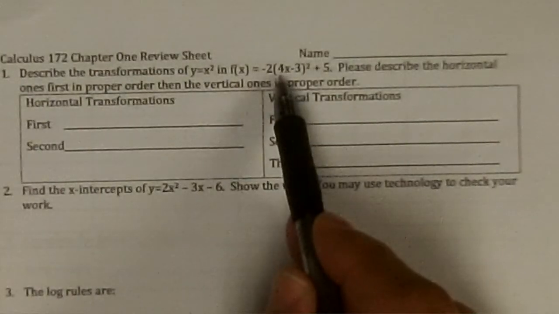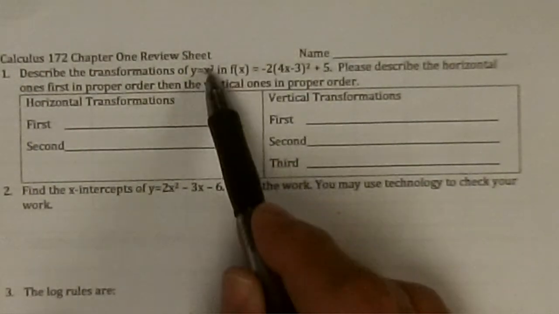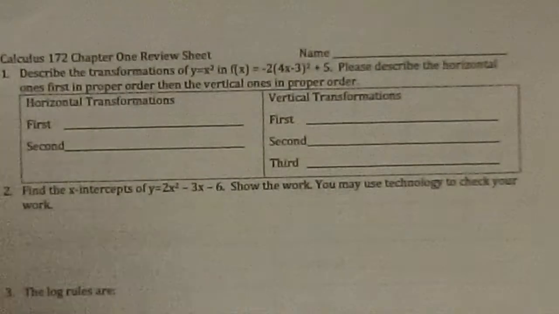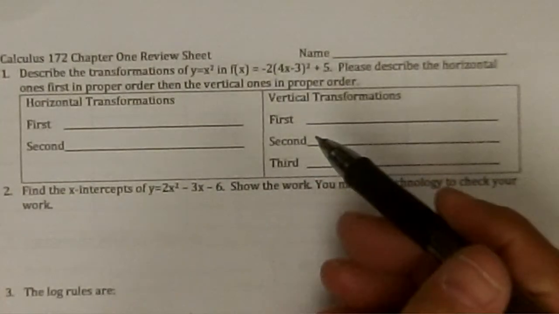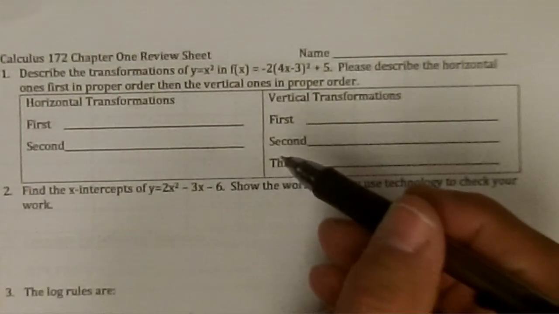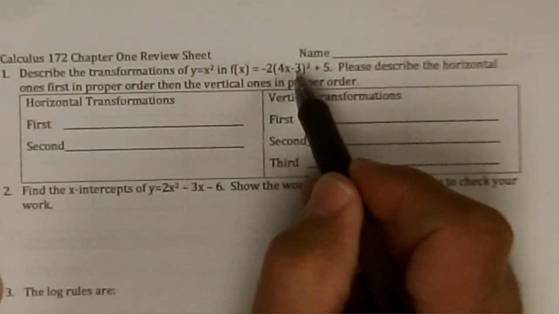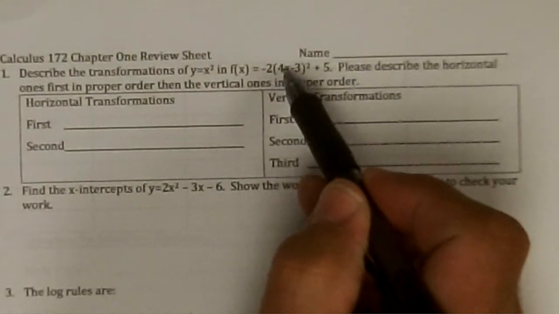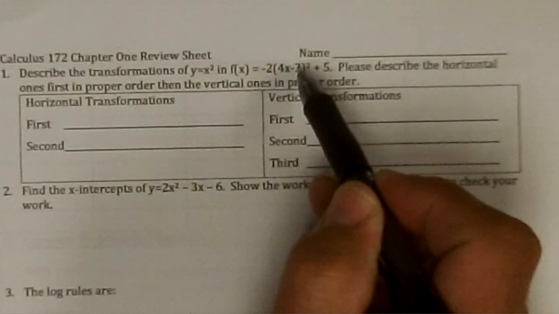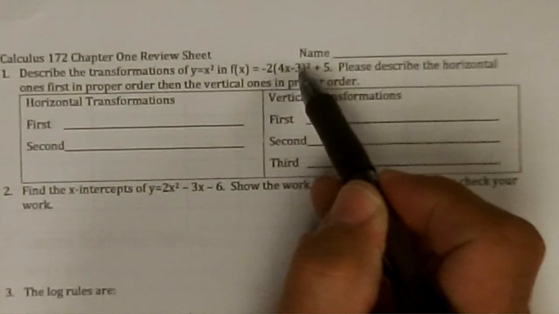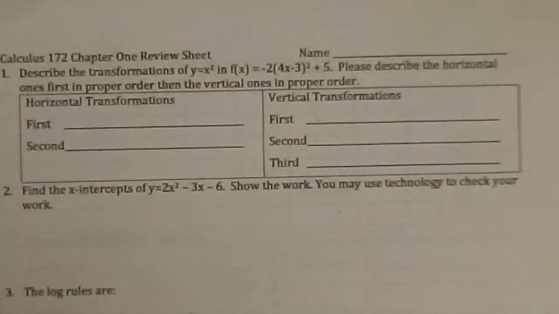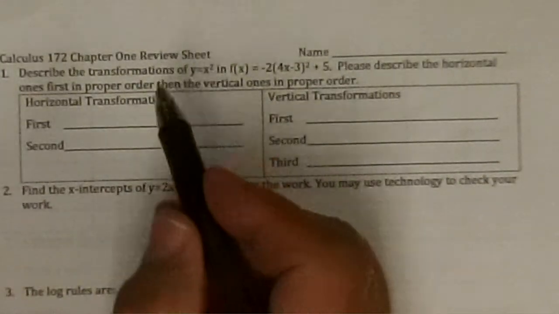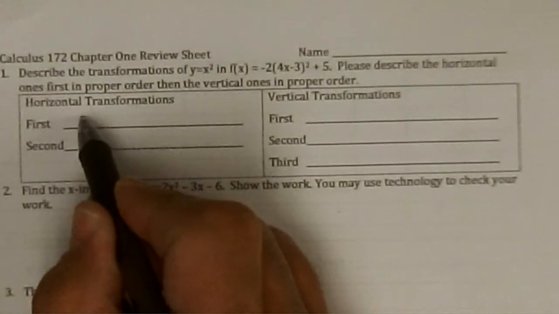Okay, horizontal transformations will be those inside the parent function, inside the x squared. So there's a 4 and a minus 3. The stuff inside works in reverse order according to PEMDAS, or order of operations, and it also works opposite of what you would think. PEMDAS says multiply first and then subtract 3, but we're going to do the subtract 3 first. That's opposite order of PEMDAS. And a subtract 3 you would think would move it to the negative 3, but it actually moves it to the positive 3. So this is shifted